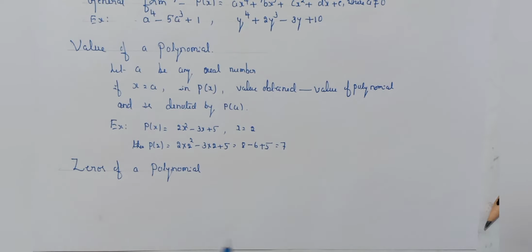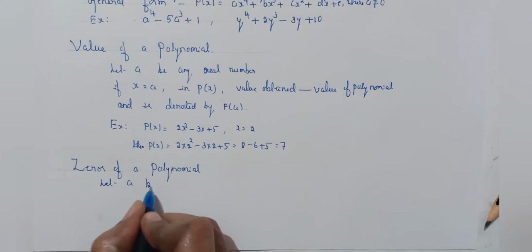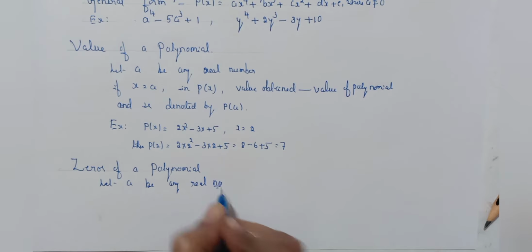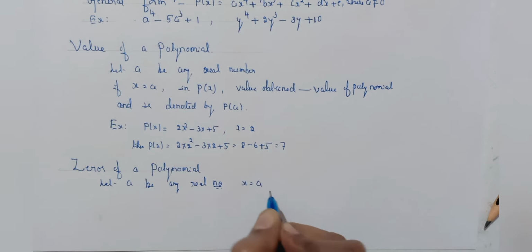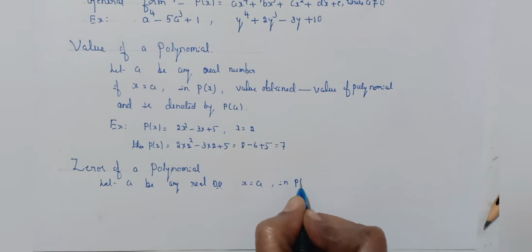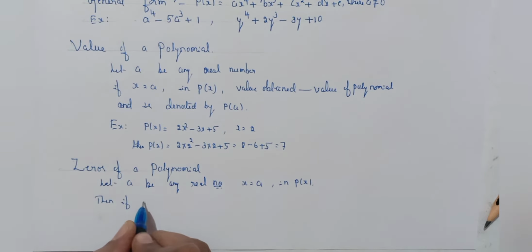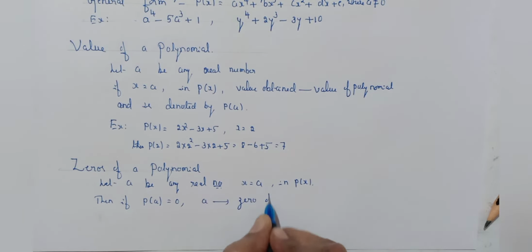Next, zeros of a polynomial. Let a be any real number. If you substitute x is equal to a in the polynomial p of x, and the value of the polynomial p of a is equal to 0, then a is called a zero of the polynomial p of x. Example,